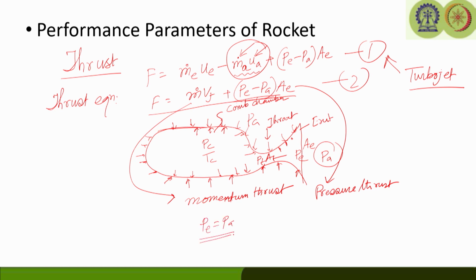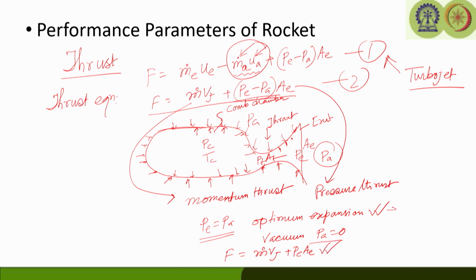I think you must have already learned this, that for the optimum expansion we say that P equals PA, and that is more desirable. Anything out of it will be undesirable, so that performance will be low. But there are conditions of absolute vacuum, where you can say the ambient pressure is 0. So, your thrust equation becomes m dot Vj plus Pe into Ae. So, that is for the case of vacuum.